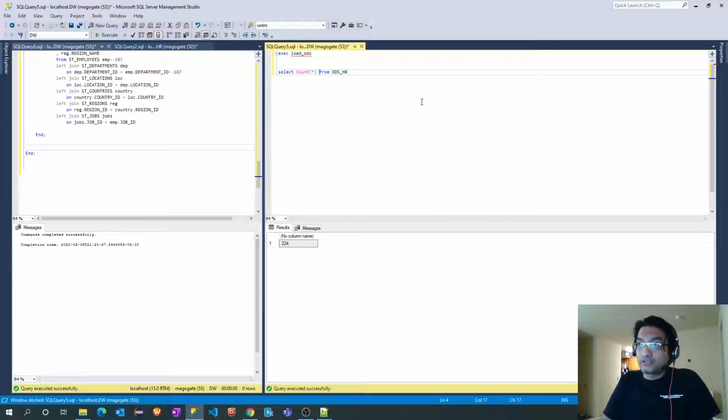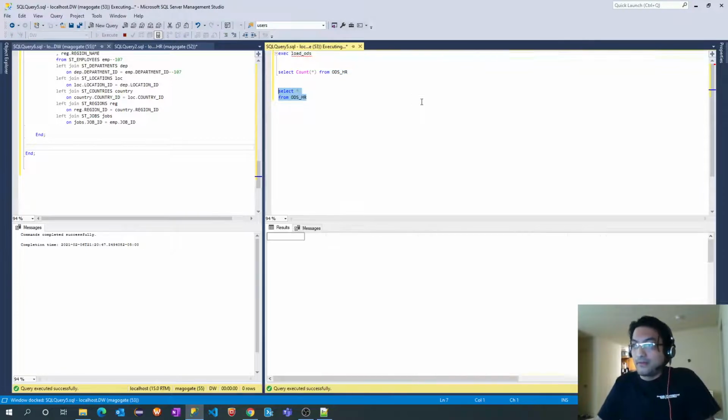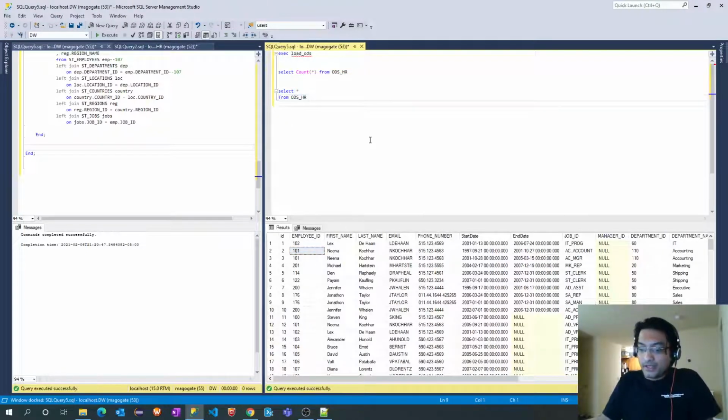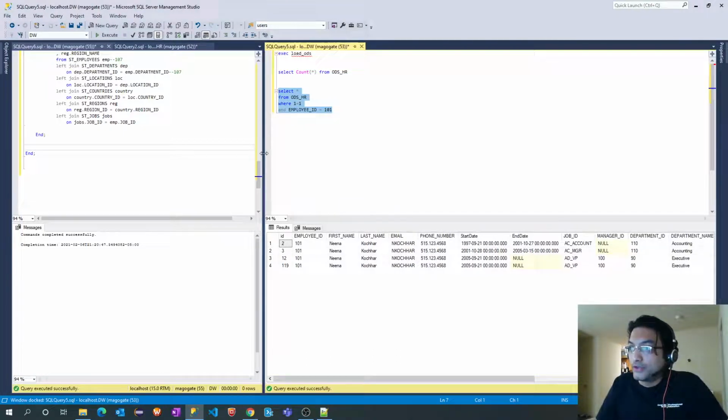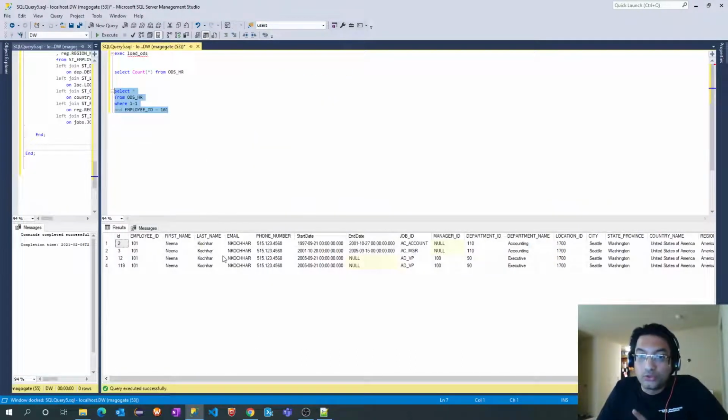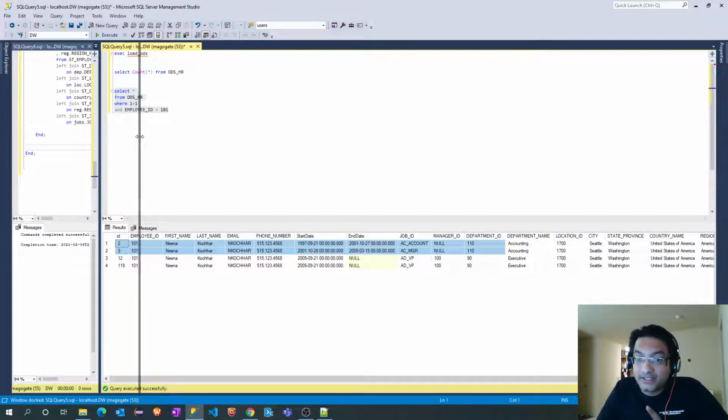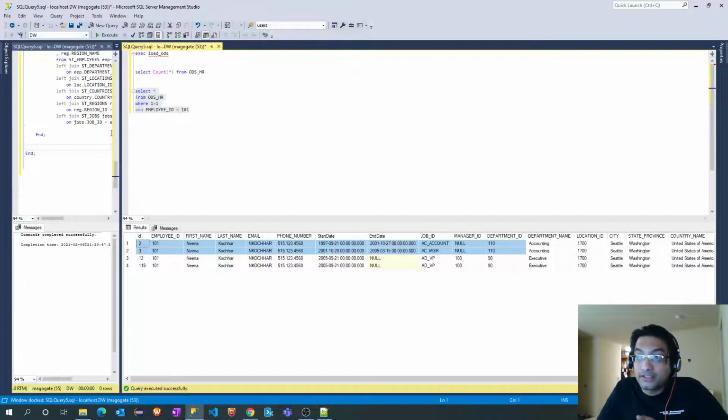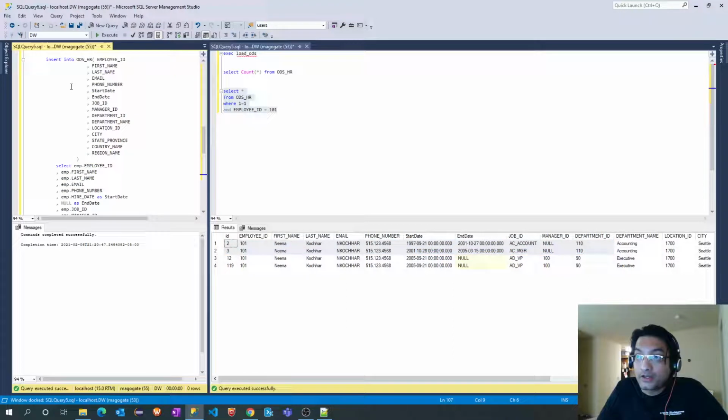So let's look at our records here. Select star from ODS HR and let's filter out for employee ID, where 1 equal to 1 and employee ID equal to. Okay, now if you can see here, there are 4 records. 2 records came from job history table. Okay, and since we have added that if condition, job history insert statement will get executed only once. Okay, but since there is no restriction for inserting this second insert, it keeps on adding duplicate records.